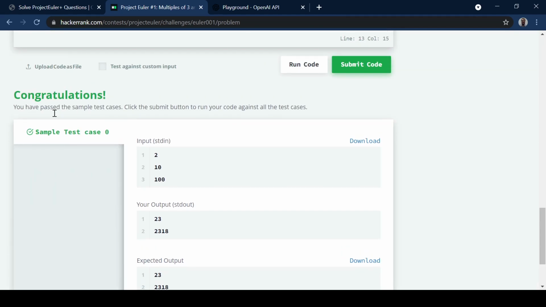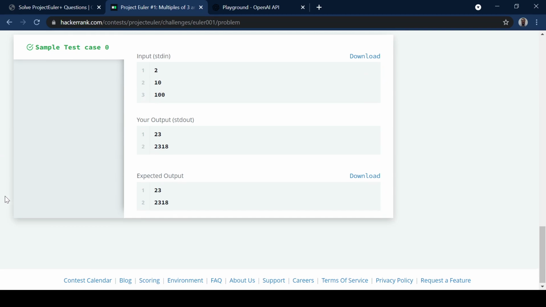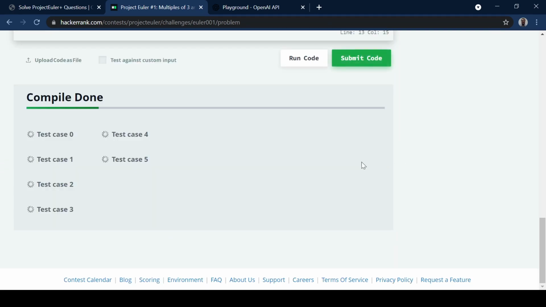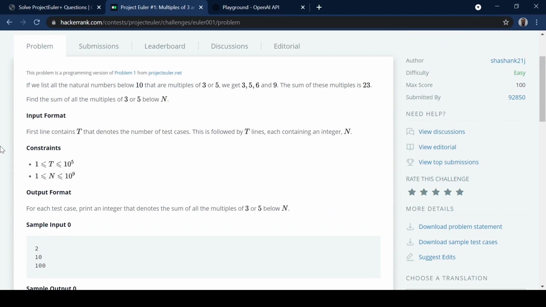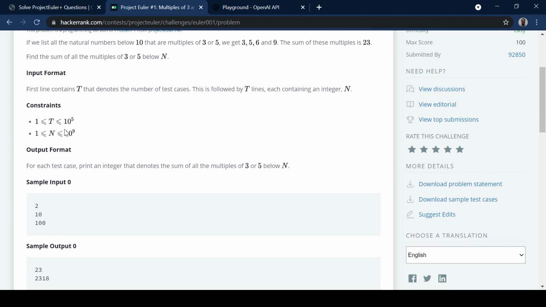Okay, so congratulations, you have passed sample test case 0. So for these 2 examples, it gave the right answer. And let's submit the code to see how well it's going to work. And so one of the things that's going to happen next is it's important to look at the size of